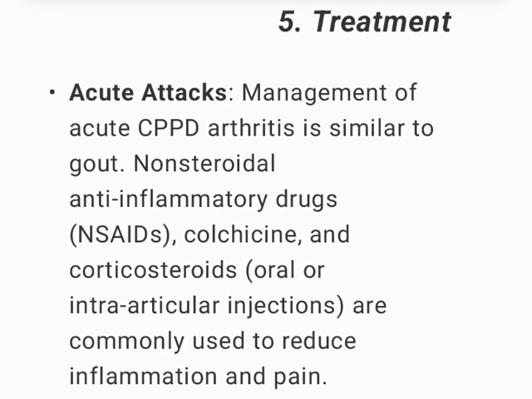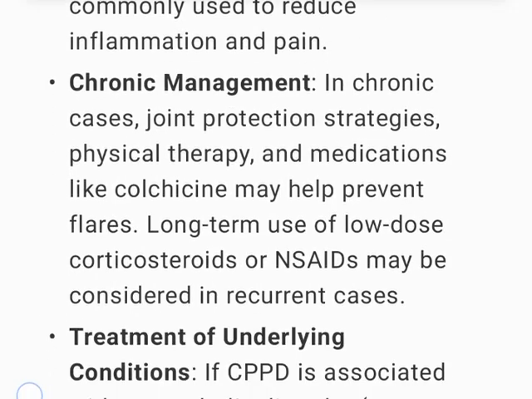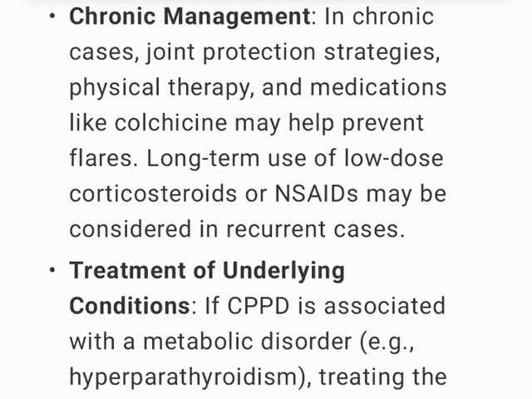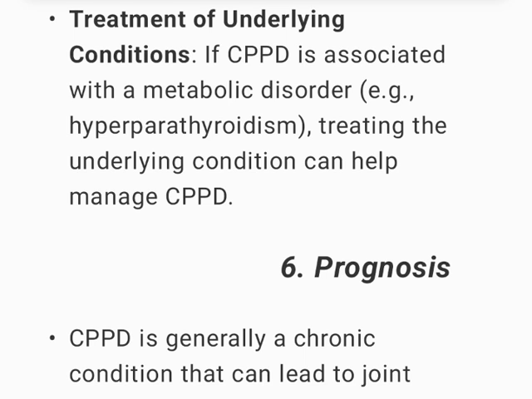5. Treatment. Acute attacks: Management of acute CPPD arthritis is similar to gout. Non-steroidal anti-inflammatory drugs, NSAIDs, colchicine, and corticosteroids, oral or intra-articular injections, are commonly used to reduce inflammation and pain. Chronic management: In chronic cases, joint protection strategies, physical therapy, and medications like colchicine may help prevent flares. Long-term use of low-dose corticosteroids or NSAIDs may be considered in recurrent cases. Treatment of underlying conditions: If CPPD is associated with a metabolic disorder, e.g., hyperparathyroidism, treating the underlying condition can help